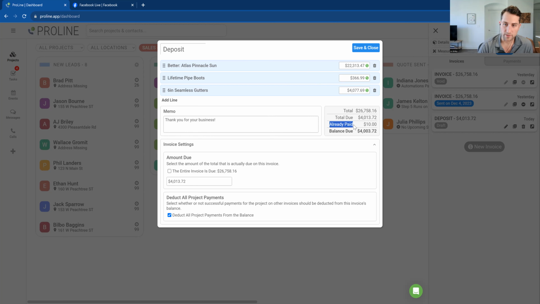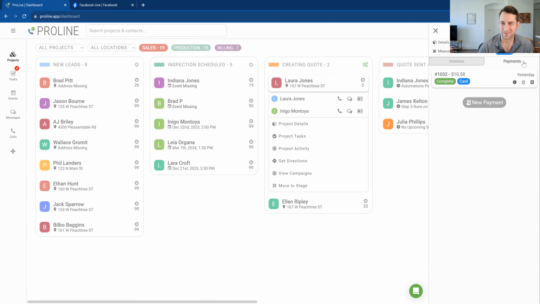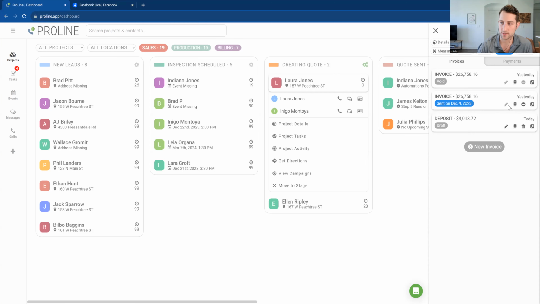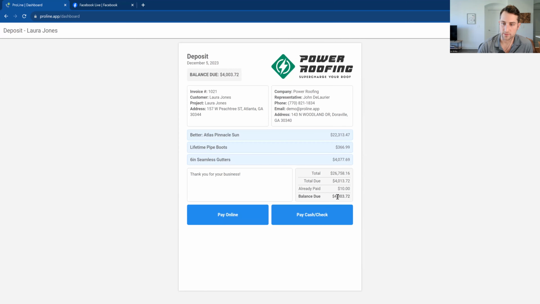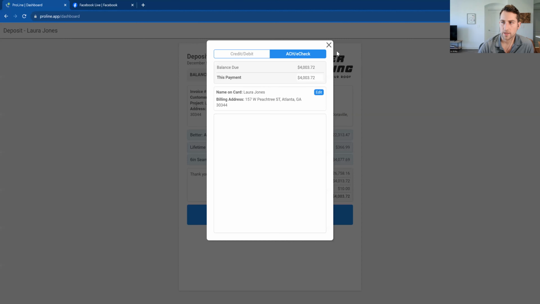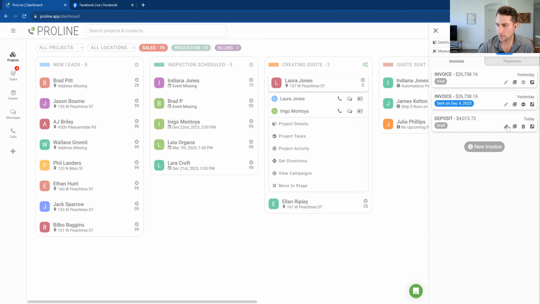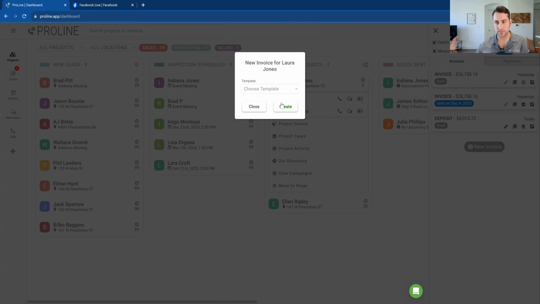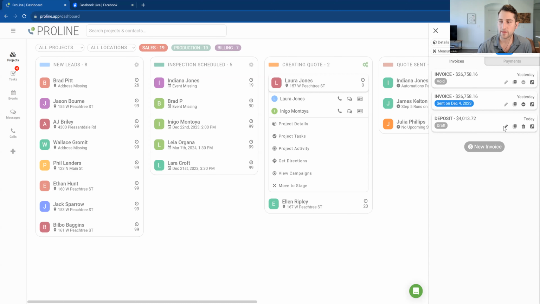And you can see here, already paid. This is being deducted because this is selected. And this would be unusual in a real life scenario, but because this is a demo, we have this $10 payment here under payments, and that is being deducted automatically. So the total balance due on this invoice is the $4,372, and then they can complete that. And so we have that, and then once the job is complete and you're ready to bill for the remainder, let's do this. We'll say that they gave you